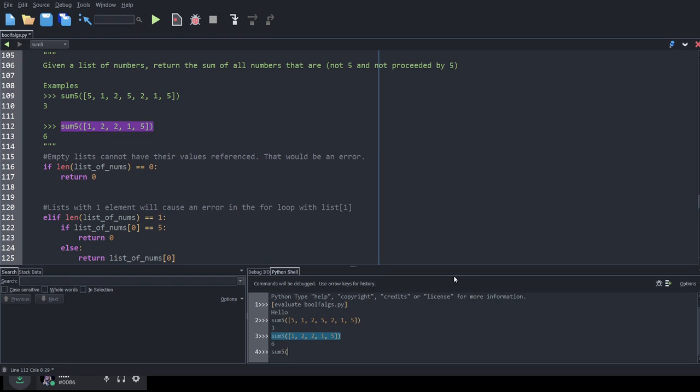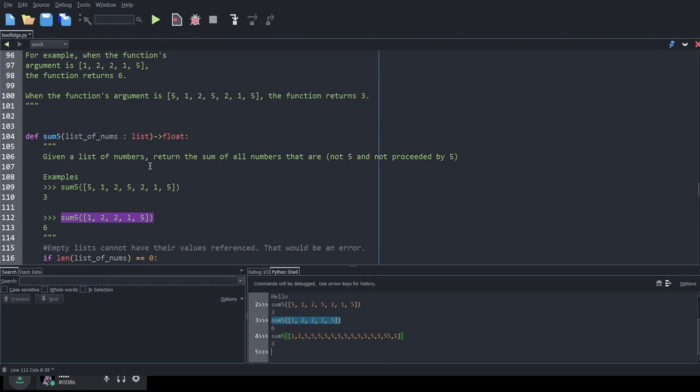Let's do another test. Let's say a list that is full of 5, 5. Whoops. I'll keep that 1, 1, and then a whole lot of 5s, and then a 55, but that will be ignored, and then 1. What should we expect out of here? We should expect 3, because all of these and that 5 there will be ignored. So let's see what happens. Will we get 3? Oh, would you look at that? We do get a 3. I think we are safe to say that it is party time because we have a function complete.